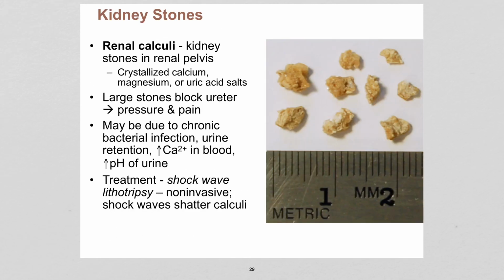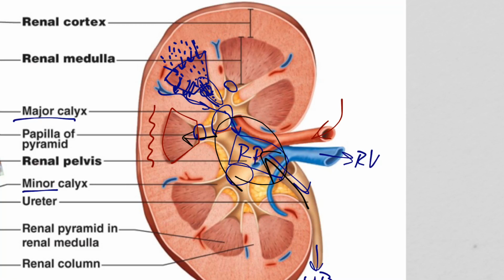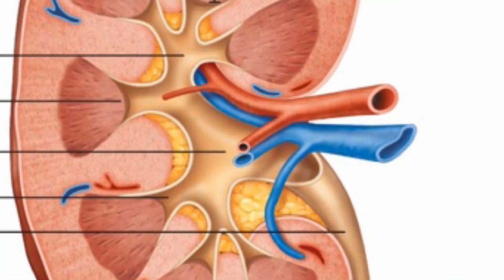Okay. All right, and last thing, kidney stones. I put this in my lecture notes because usually someone ends up asking about it. These are chunks of crystallized minerals. Calcium is a big one, but others as well. And they form in the renal pelvis for the most part, but don't really cause pain until they're in the ureter. So, in this illustration, if you imagine a kidney stone forming somewhere down here,